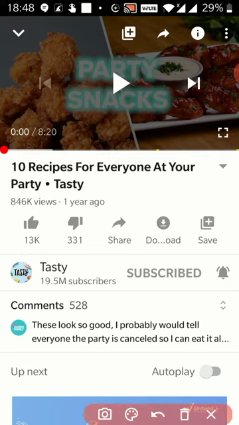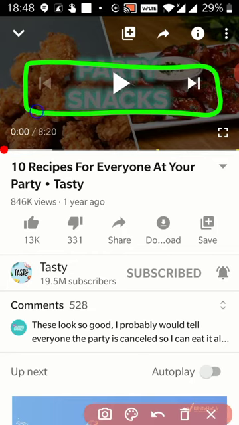The next features that are there. Over here, the first thing is the previous video option. If you want to watch the previous video, you can just click on that and you will be able to watch the video. Then there is the next video option. This is for previous, this is for next. If you want to watch the next video, you can just click on the next video option.